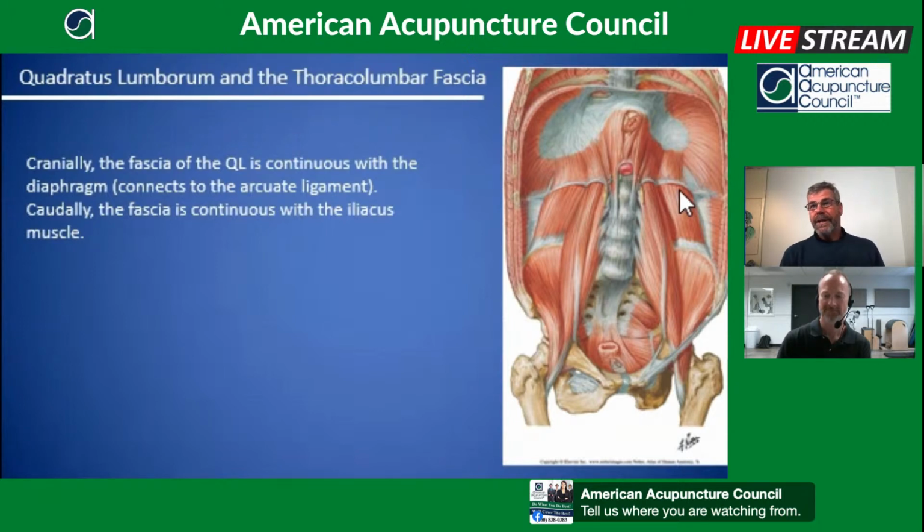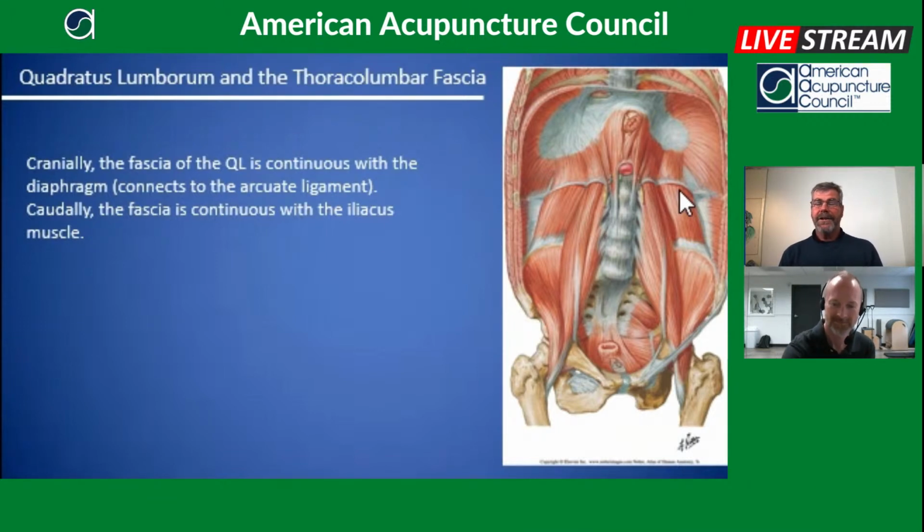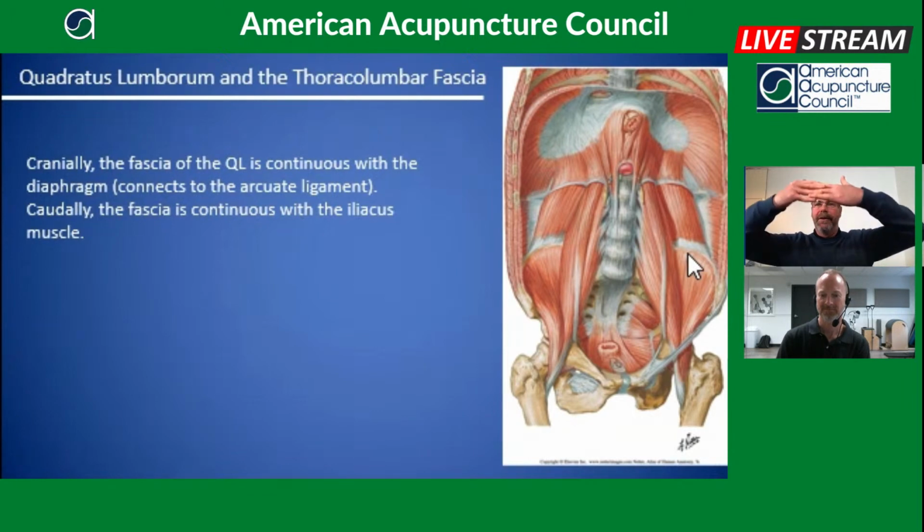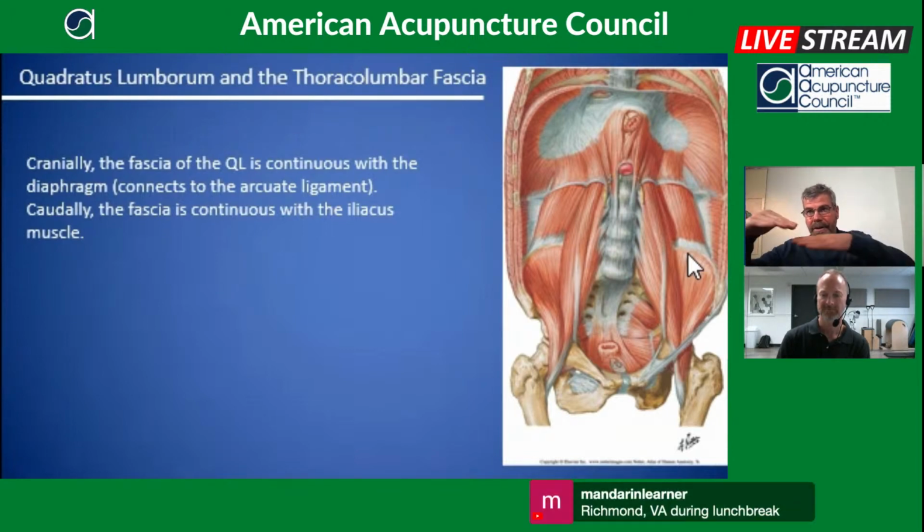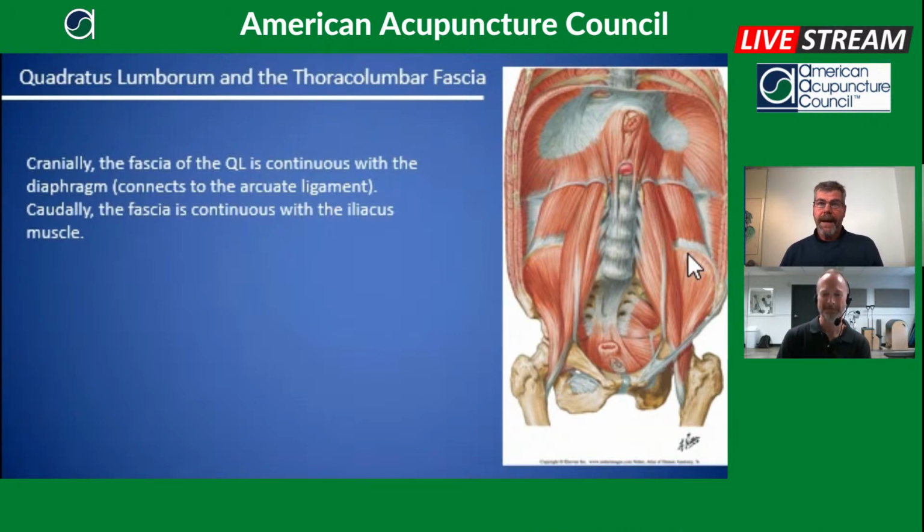Then also take a look inferior where the quadratus lumborum attaches to the iliac crest. It interdigitates and becomes as one with the iliacus. It's quite fascinating to see on a cadaver because the fibers do come together. If we were to tease away the fibers underneath the iliacus and the quadratus lumborum with a scalpel, riding along the periosteum, you could lift that up and it would just become one tissue. Yeah, and all the way to the diaphragm if you continued up that way. Yeah, true.